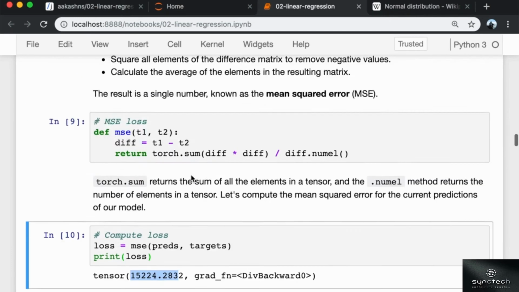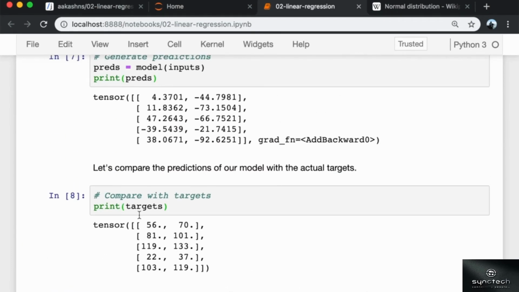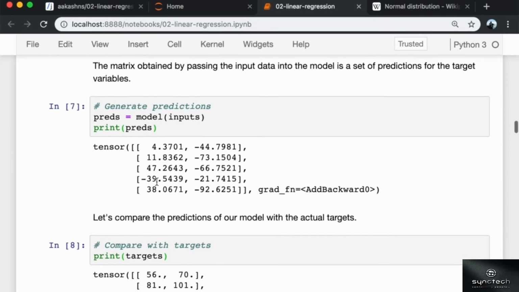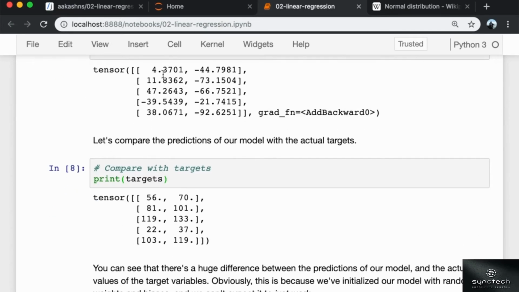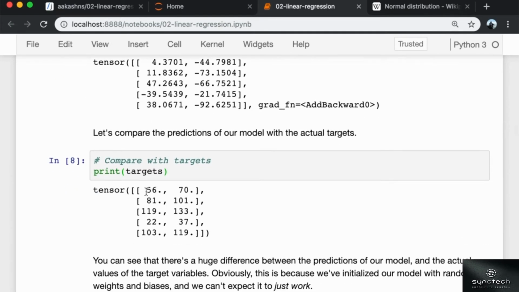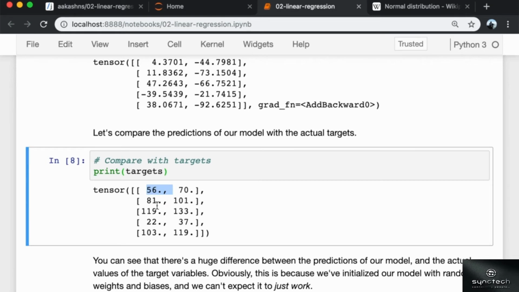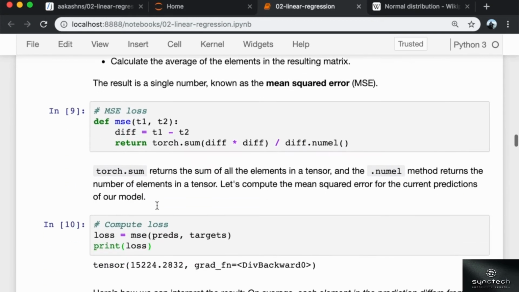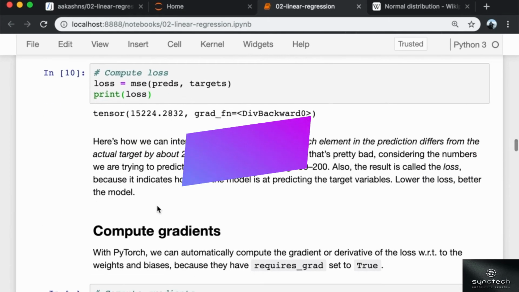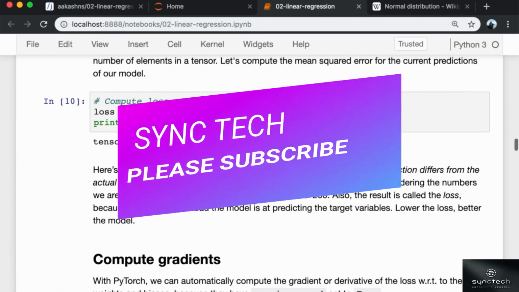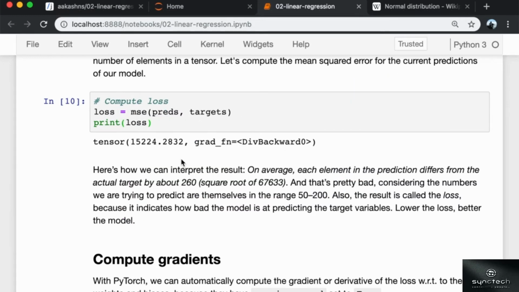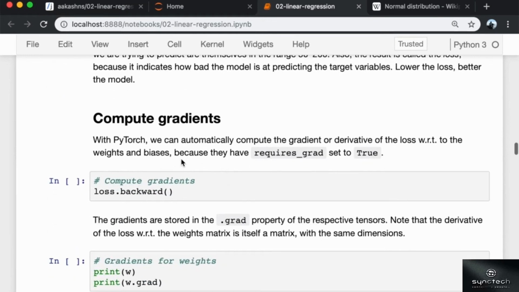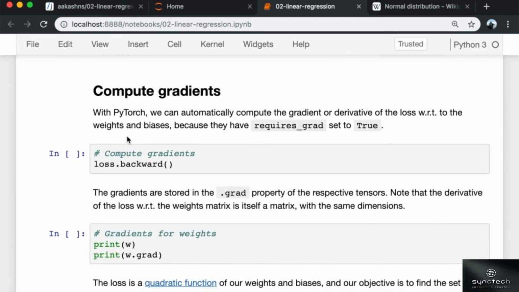So each element in our target is off by about 123, which is quite bad because the numbers that we're predicting are themselves in the range of maybe 50 to 120 or so, right? And also this result is called a loss because it indicates how bad the model is at predicting the target variable. So the lower the loss, the better the model, right?